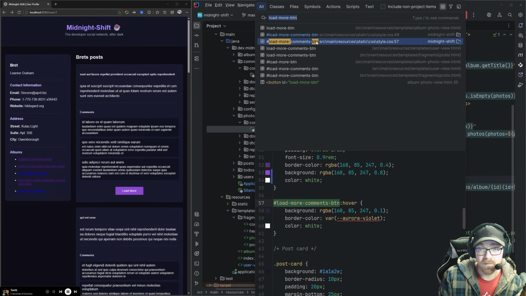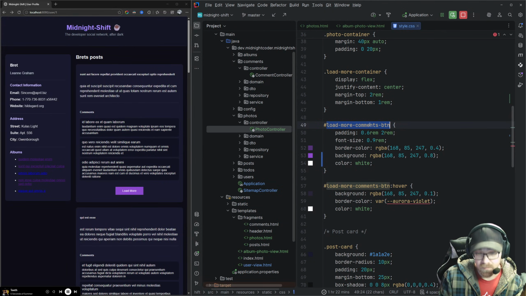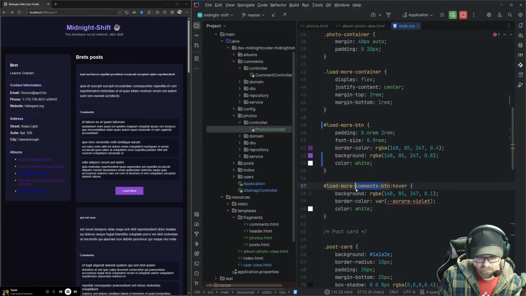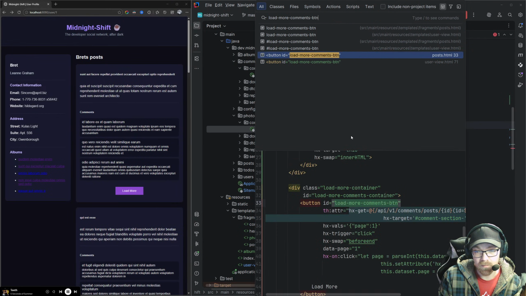Okay, so I need to fix this. Okay, come into here. We're gonna copy that because I have to go through after this and do this. But this is now just going to be the load more button versus the load more comments button. So there. Because if I look at load more comments, we don't actually need the word comments in there.